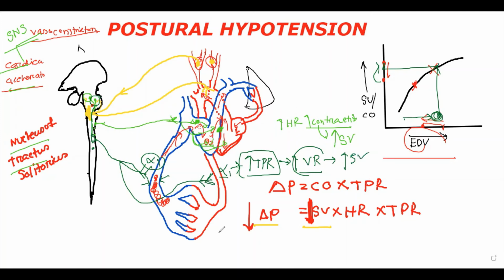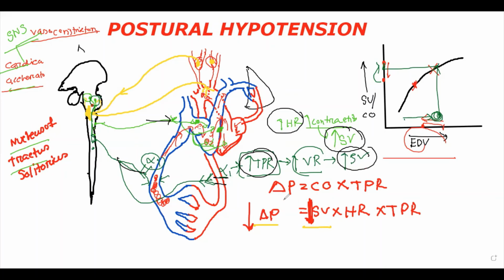Now we can see what the effects are. If we sum them up, due to activation of the heart, we have increased our heart rate. Due to activation of the whole myocyte, we have increased our stroke volume, and due to activating the alpha-1 receptor in the arteriolar smooth muscle, we have increased our total peripheral resistance, and due to activating the alpha-1 receptor present in the vein, we have increased our stroke volume.